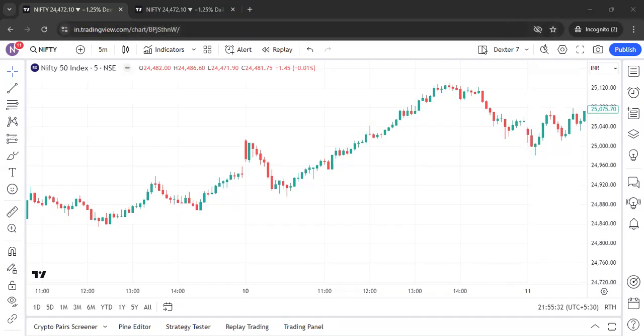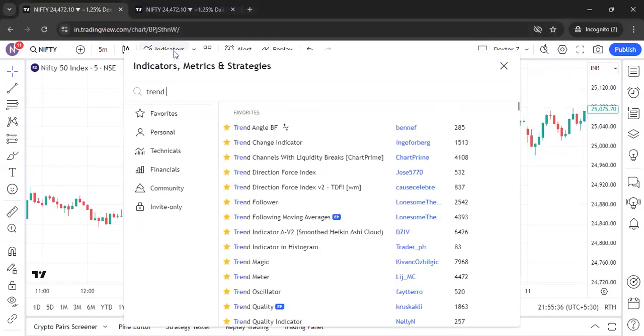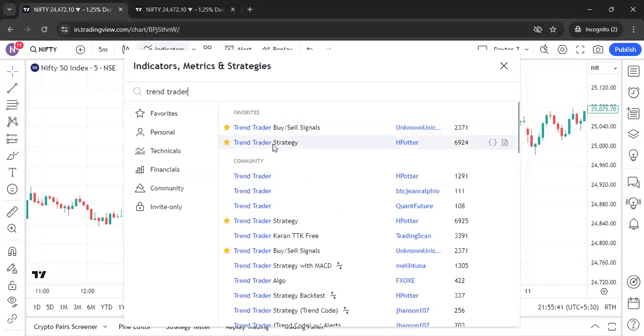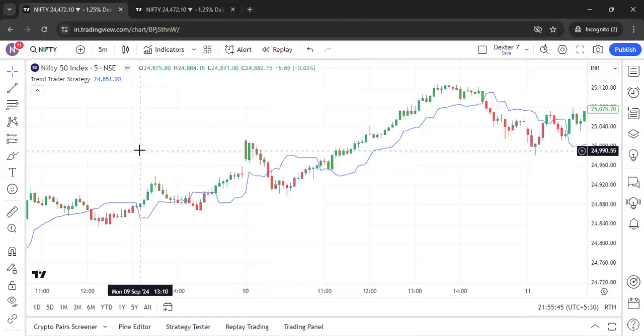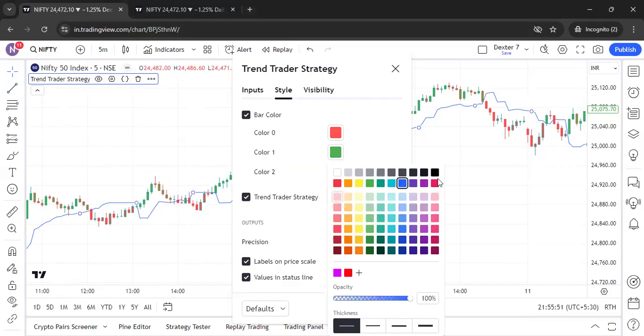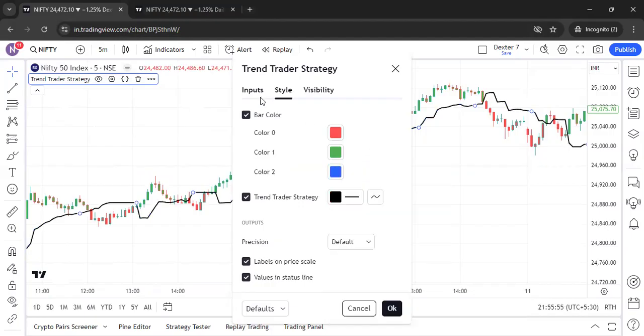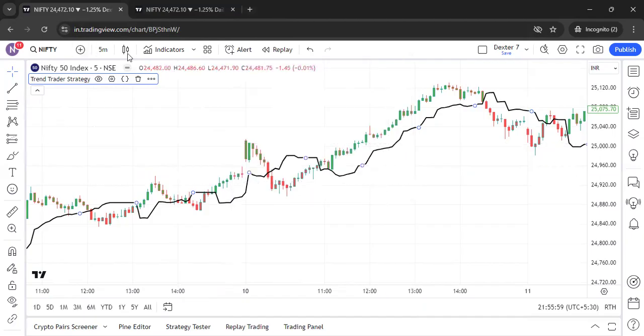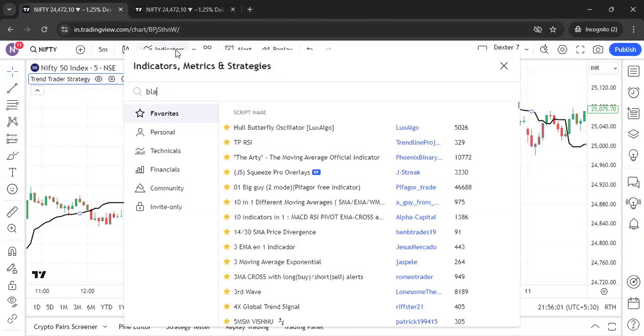So our first indicator in this video is called Trend Trader Strategy. This one by H. Potter. We'll just click and add. We'll go to the settings here by clicking on the settings icon. We'll change the color to black and probably change the thickness. We are not changing anything in the inputs. Okay, great. Next, we'll just type black,